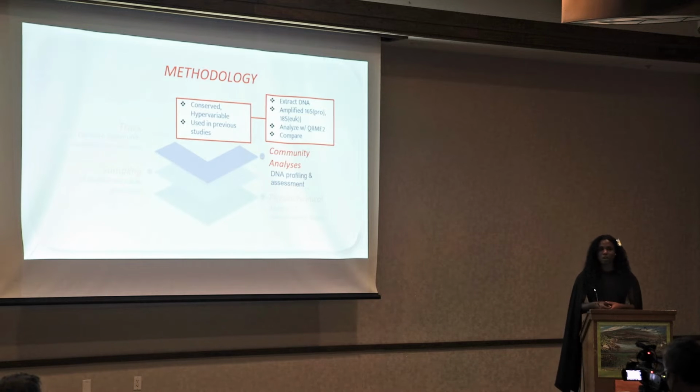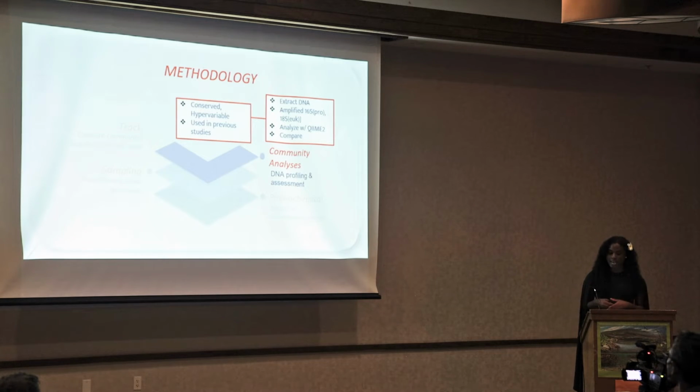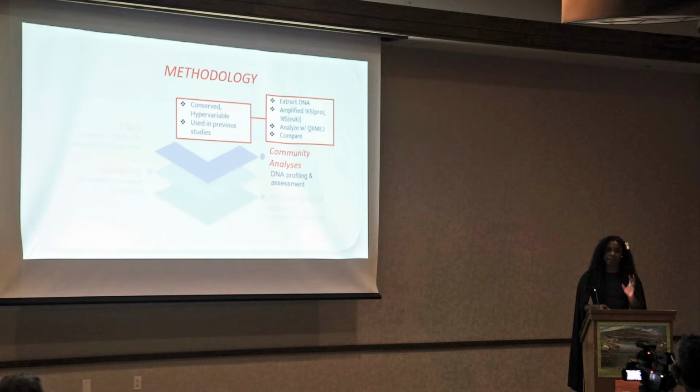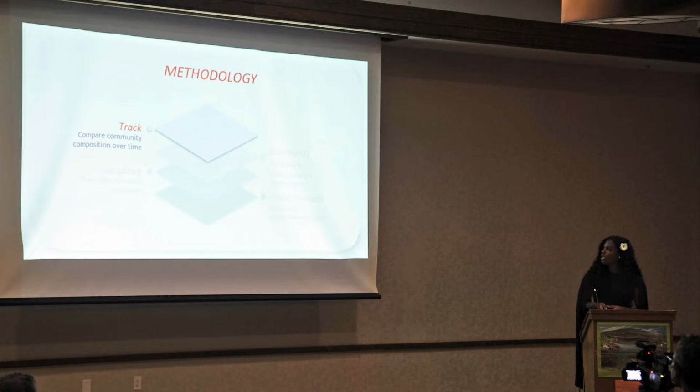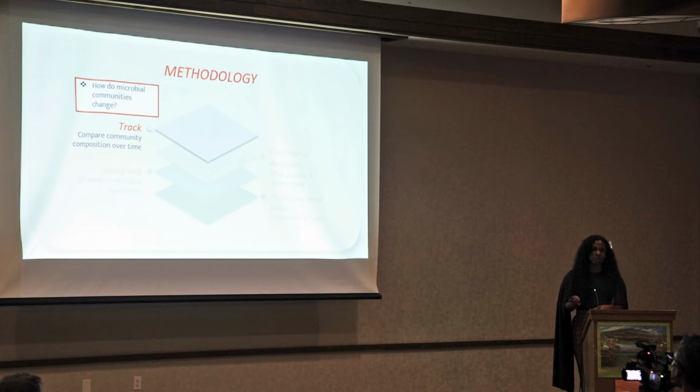So essentially these are about 100 base pair long segments that are hyper-conserved and hyper-variable. So they're pretty standard practice to use these portions of the genome to identify what species are present within a sample. And mostly why we use these specific regions is we wanted to compare these new ponds to the pre-existing established ponds, and the research that had been done used these same regions, so we wanted to maintain them. And then lastly, we wanted to check the composition of these microbes over time. So essentially, how do these communities change over the course of a year?